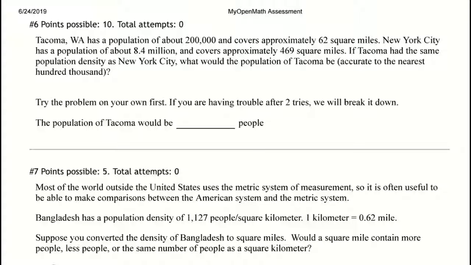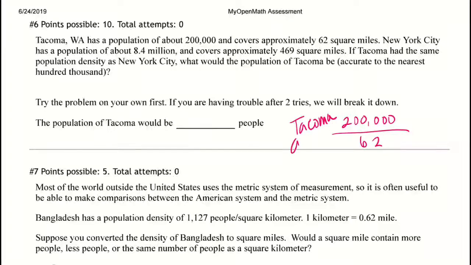So number 6, in Tacoma, Washington has a population of 200,000 and has 62 square miles. So if I found the population density of that, I would take 200,000 divided by 62. That would be Tacoma population density. Now if I was looking